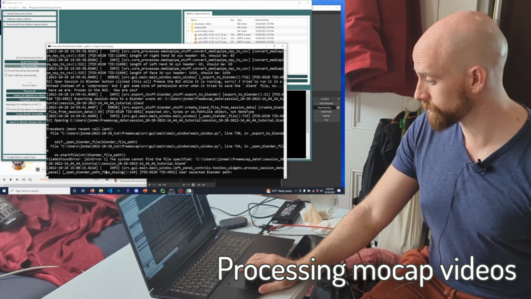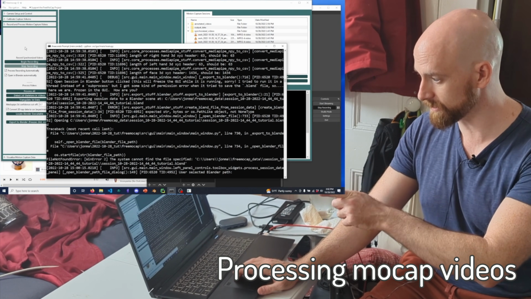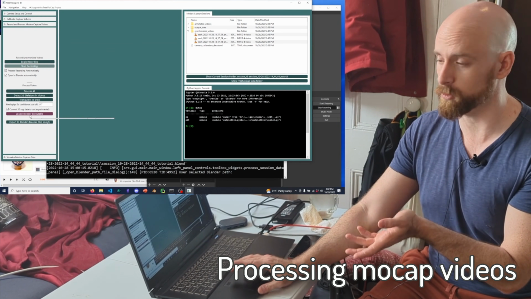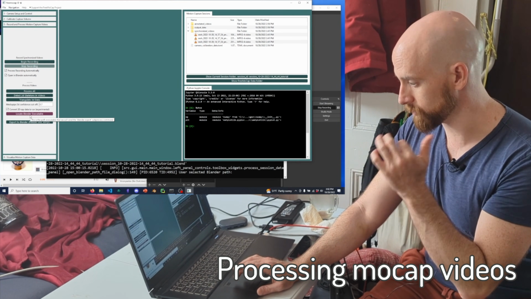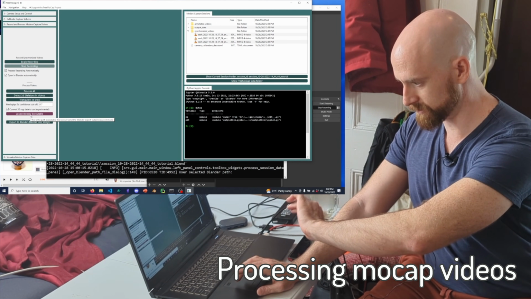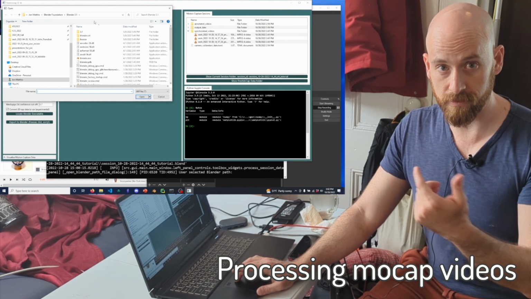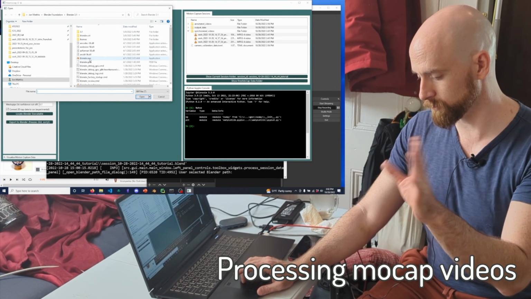So we're done with processing, except for the Blender stuff failed because I forgot to tell it where the Blender executable was. So we do that real quick, and then we'll look at the data. We'll try to find the Blender executable on your computer. If Blender is in a different place than the default location, it won't be able to find it. We'll figure that out later.